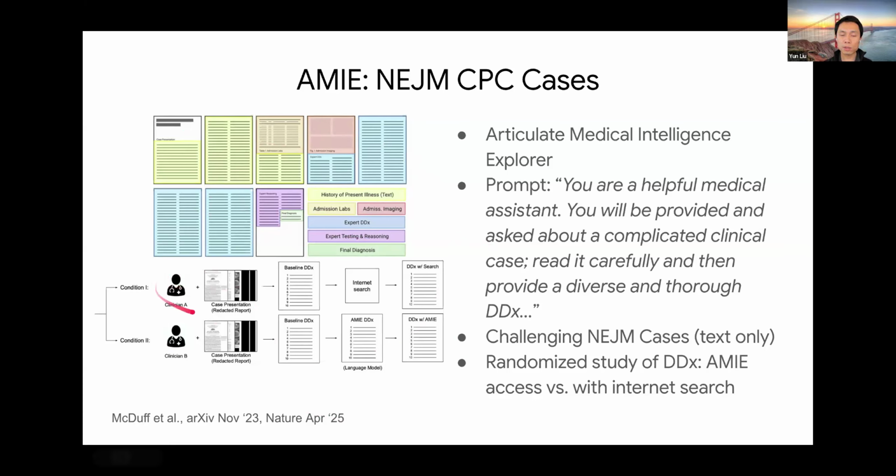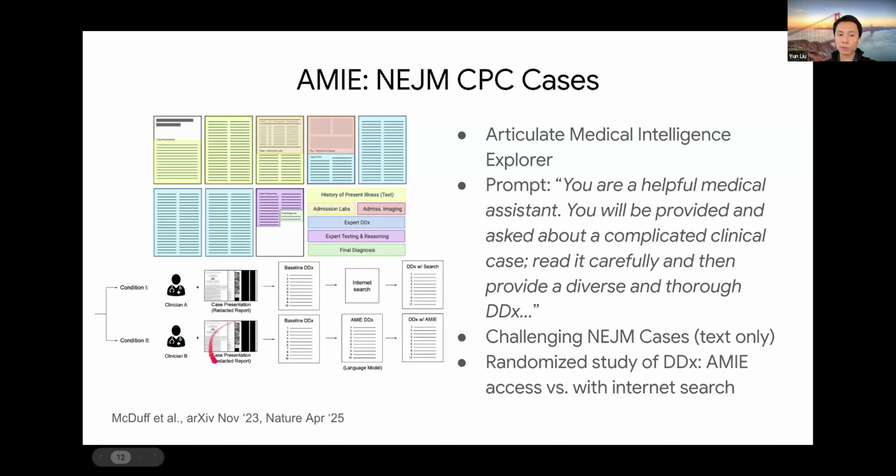In the first arm, there is a PCP that looks at the case themselves. They first provide what we call a baseline differential diagnosis, so a list of ranked diagnoses based on what they think is most probable. They then are able to use an internet search. So they can go on the internet, look for stuff based on the symptoms or based on specific conditions that they're considering. And after doing whatever search they think is most appropriate, they can then update their list of diagnoses that they think are most probable.